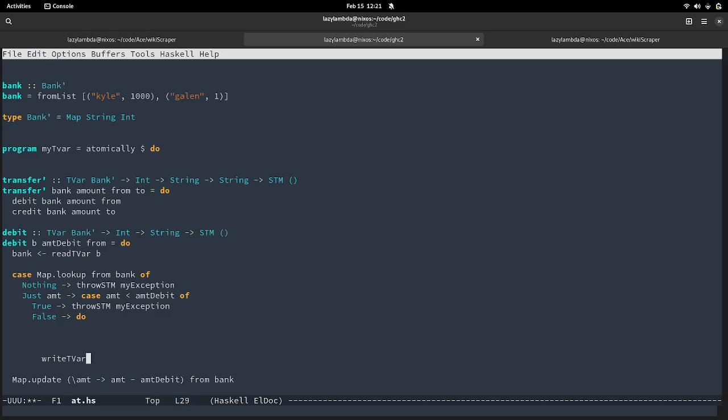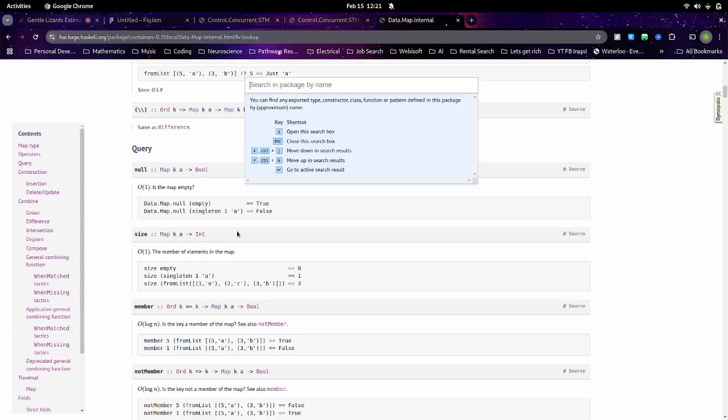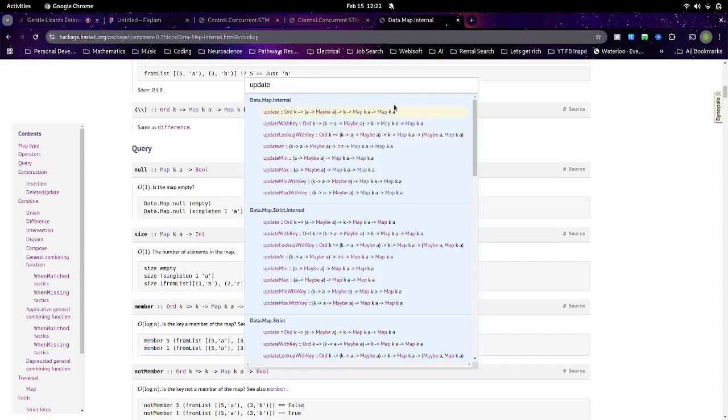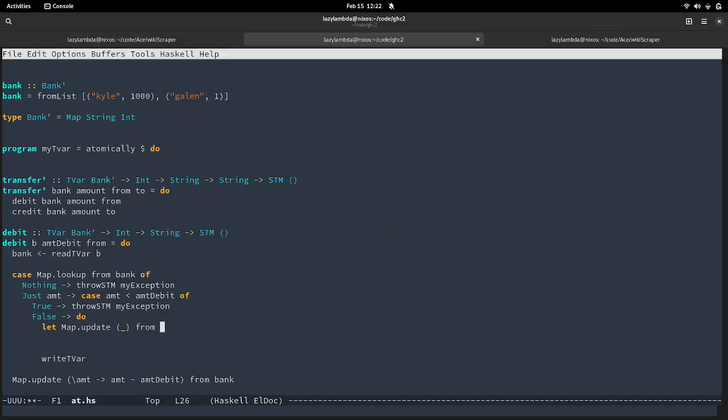We're going to write to the TVar the updated map, and the updated map is going to be the update function that we're going to use. So it's going to say map.update. Not sure what it is yet. Our key is going to be from, and we're going to update the bank, which is our map here.